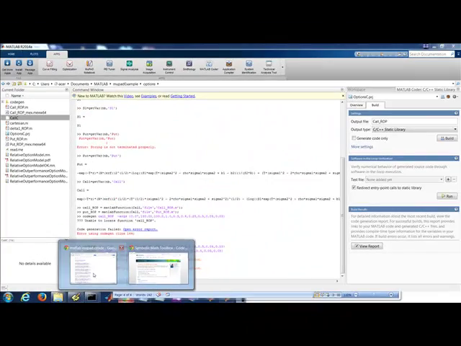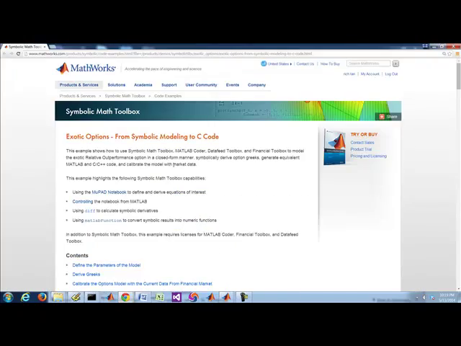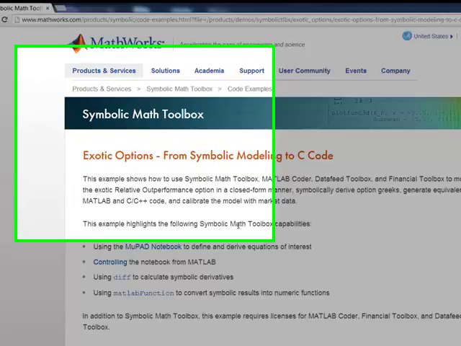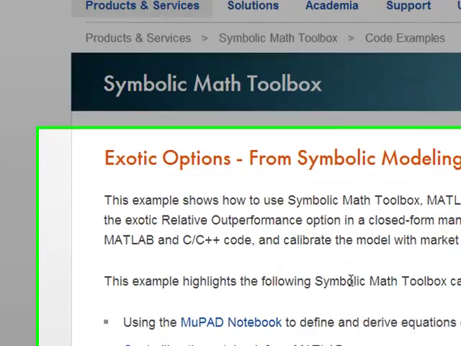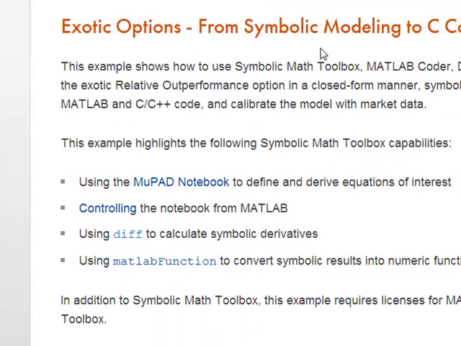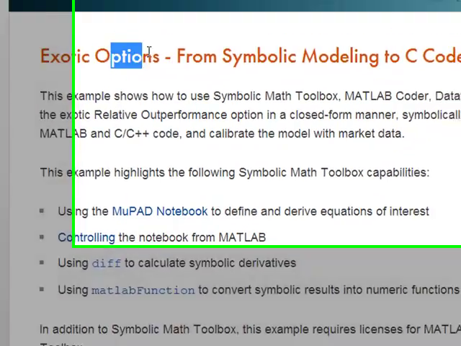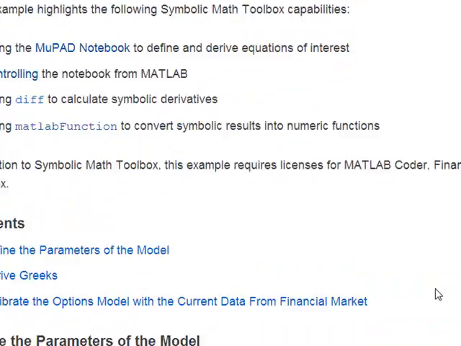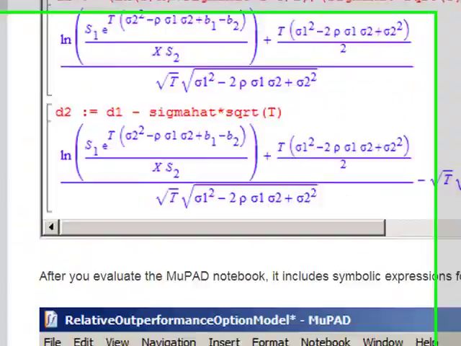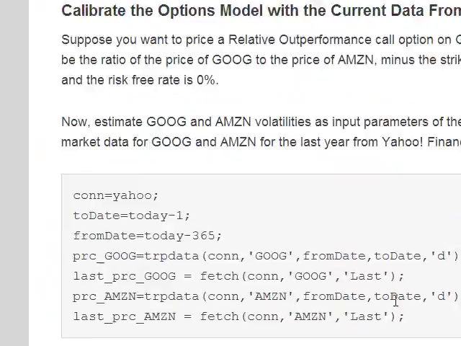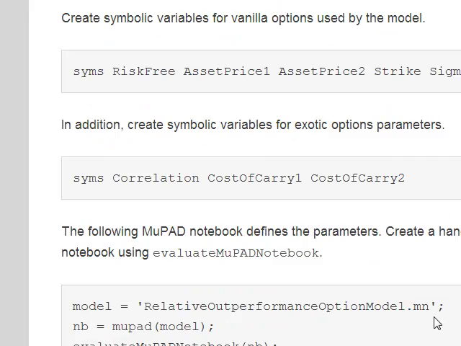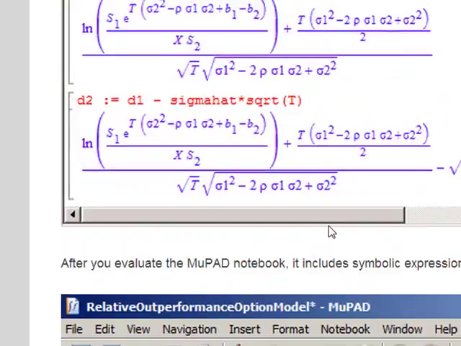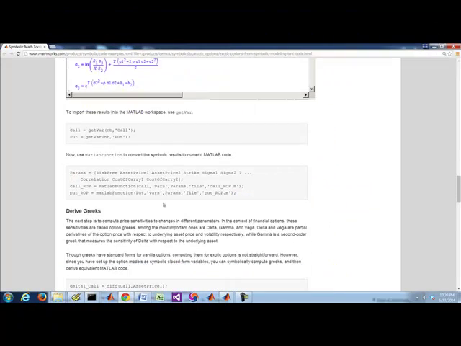First off, basically what I'm going to be showing you is an example using MuPAD. Basically using MuPAD, for this case, an options model. Very basic stuff. What I'm showing you, I'll provide the link to this, but I couldn't get it working, so I made a derivative of it to get it working. So I'm going to walk you through that to show you how I got it working, what I've got, and